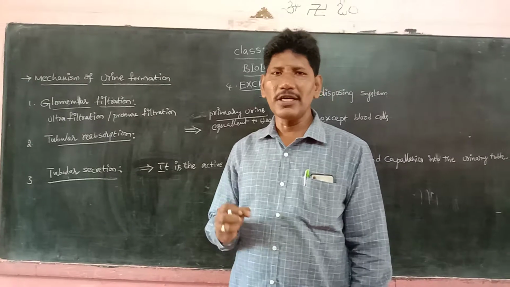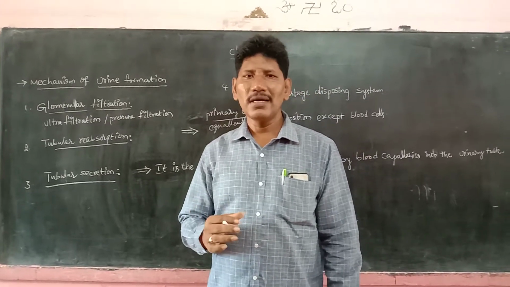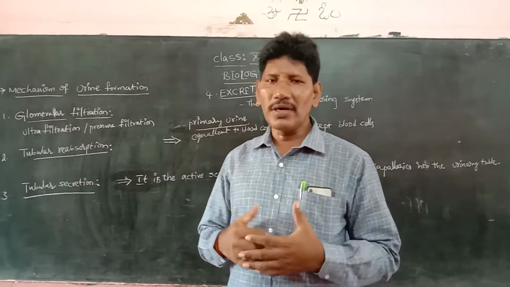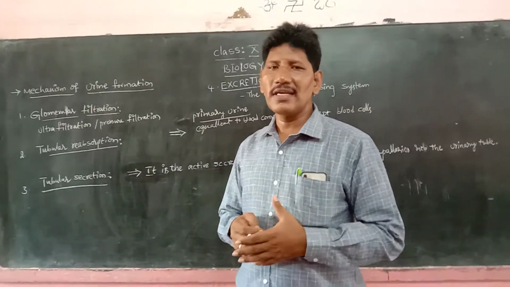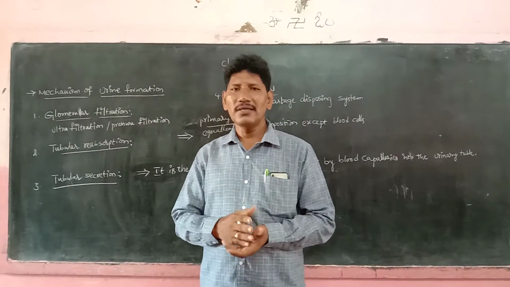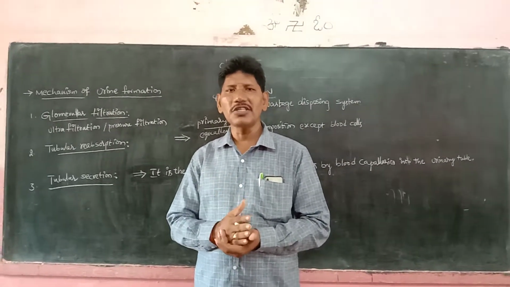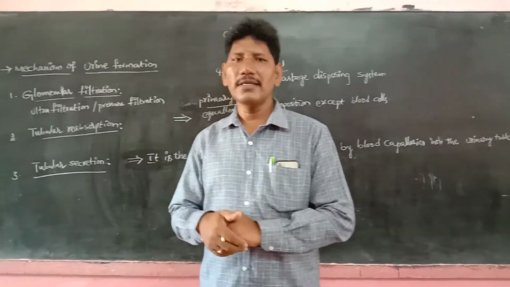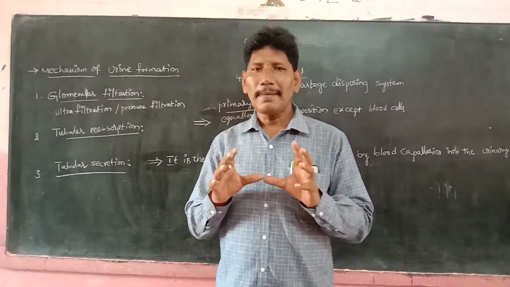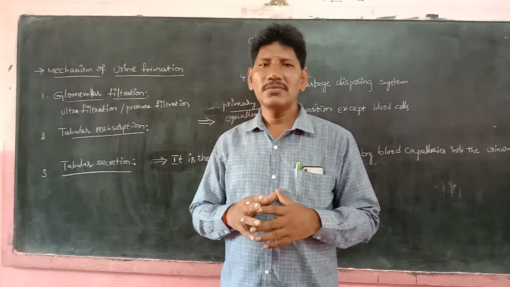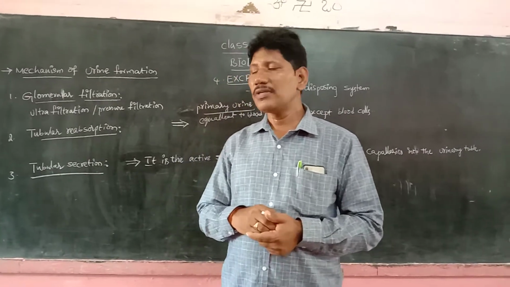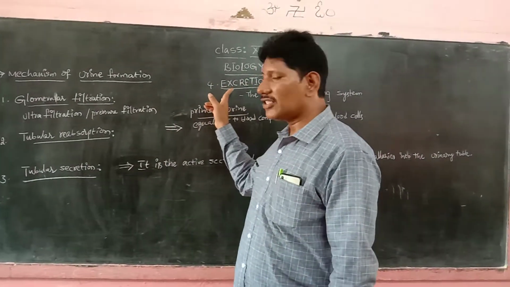Obviously these can accumulate in the blood and the blood becomes impure. So in our body the chief excretory organs, like the kidneys, play a vital role in the filtration of the blood, and they separate these waste materials. They are collected into the urine. So the balance of the blood's chemical composition is a very important phenomenon that takes place in excretion.